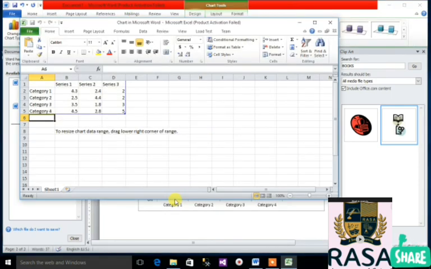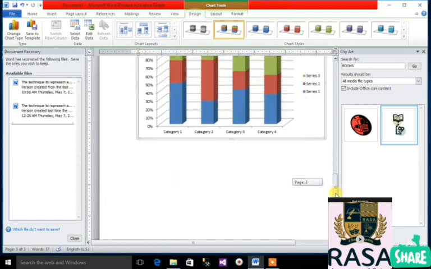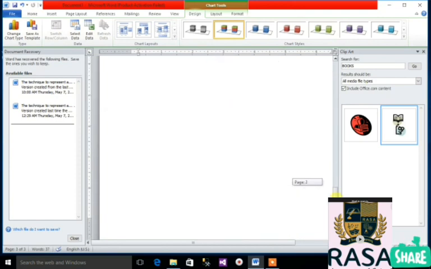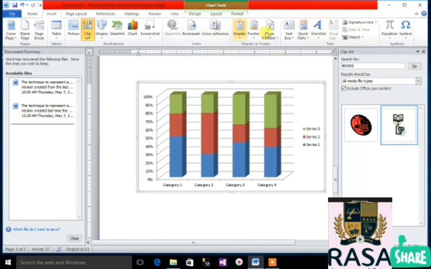It's taking too much time. So if you have some data in your Excel sheet and you want to access them and represent as a chart, you can represent like this. Okay, so here it is, your chart well prepared. You have added a chart.